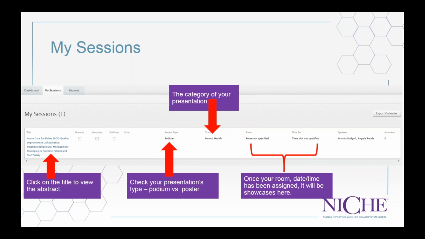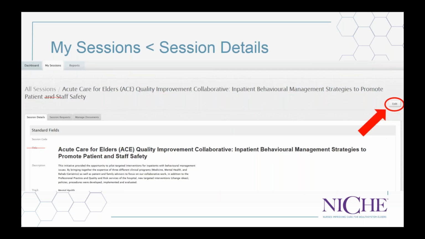So once we finalize the date and the time of when you will be showcasing your poster, we'll update these fields for you to view and plan accordingly. So that's what I mean by check back here early next week. You'll go to this area, see if it's been updated, and then you'll know if you're going to be in the beverage break April 11th or the 12th. Okay, back to the abstract content.